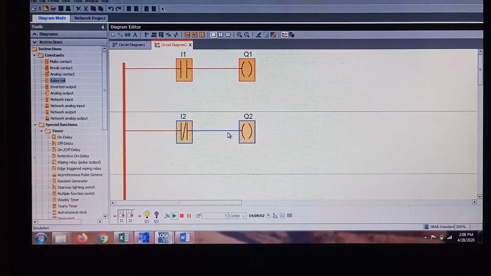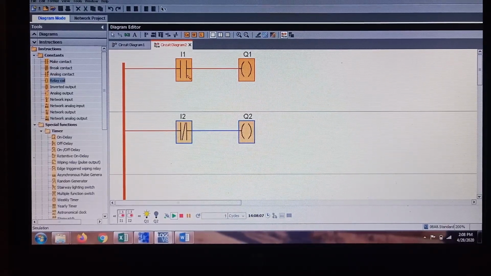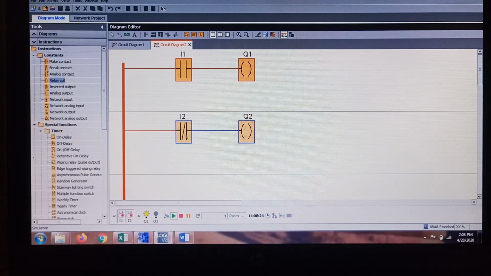So once again we can generalize that when you are giving input, normally open switch will get closed and normally closed switch will get open. So our conclusion is, when you are giving energy, normally open switch is getting closed and normally closed switch is getting open. So with this concept only we are going to write the remaining programs. So we will start with our NOT gate.